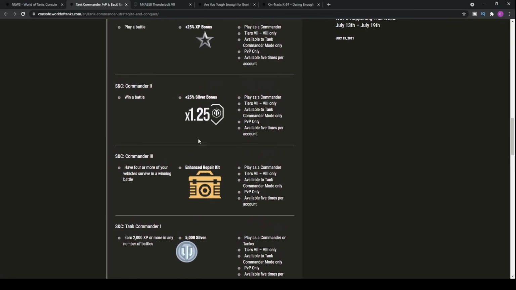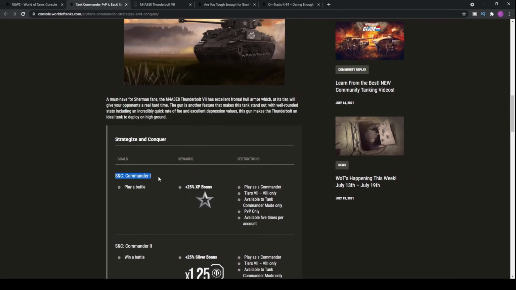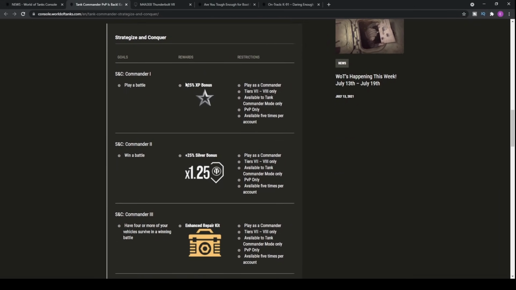Now, first things first, how do you actually pick up this tank? Well, you have to play the commander mode. So basically, it's a separate mode within the game. You can access it through the menu when you press back to the garage, so you'll be able to go to the Cold War, World War II mode, and then it will have commander mode, so you can pick that. In order to complete the first one, you just have to play a battle,